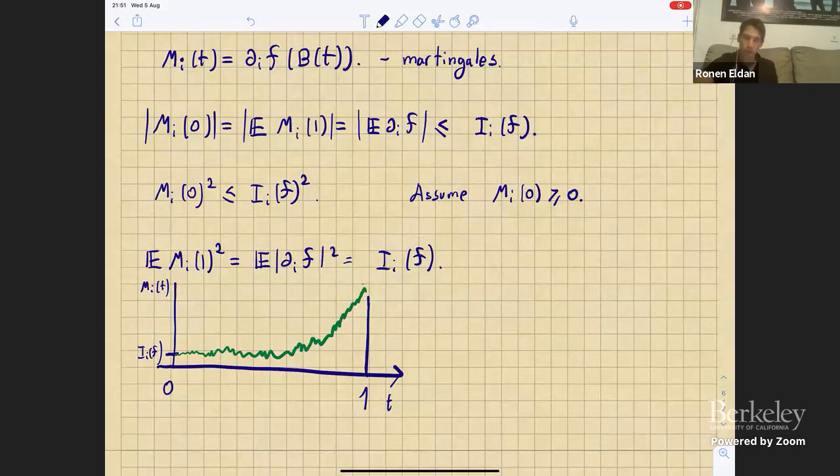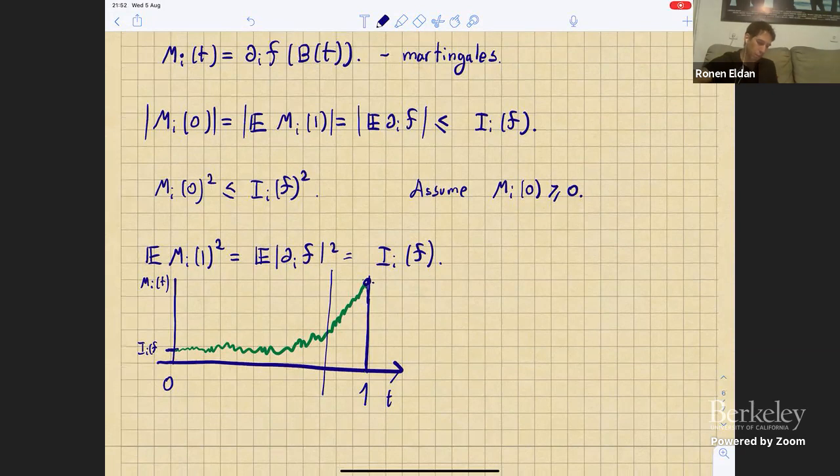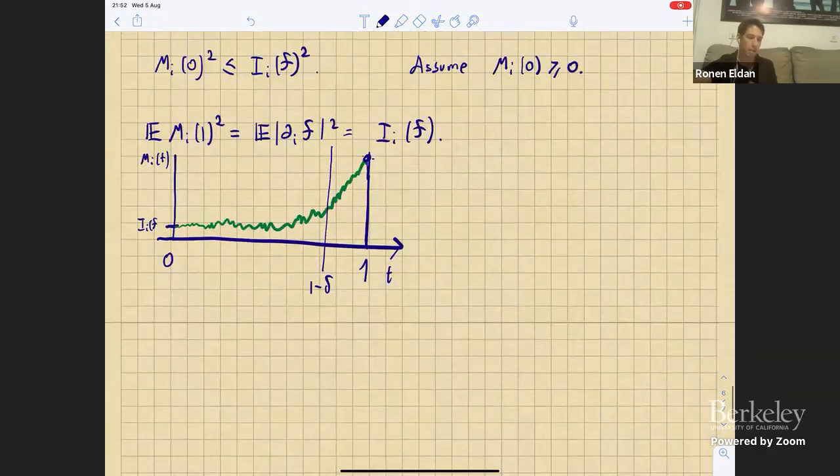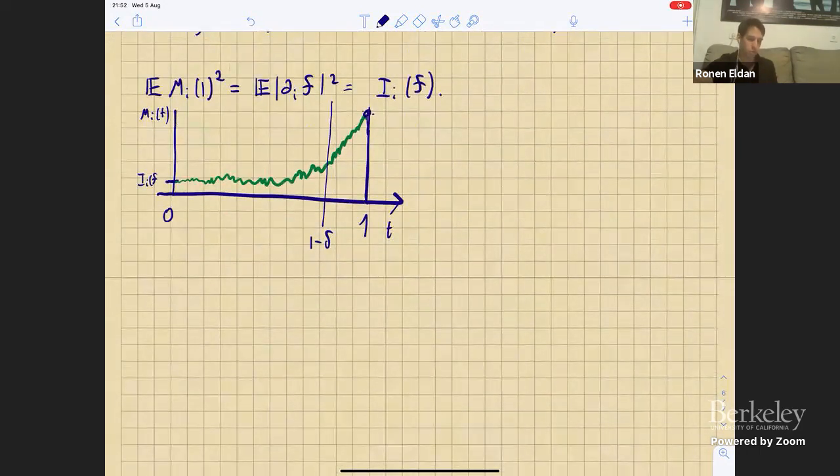And what I want to claim is that, conditioned on the fact that it does reach this high point 1, all the movement is going to be somehow very close to time 1. So the likely scenario is that it's not going to move at all up to some time 1 minus delta, for delta very small, and only then is it able to start moving and actually decide where it goes. And the reason, and somehow the main inequality that we're going to see here is that